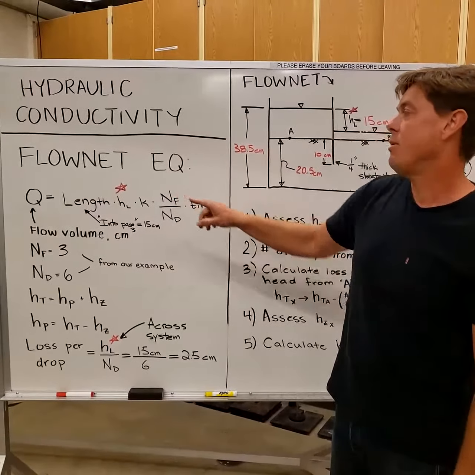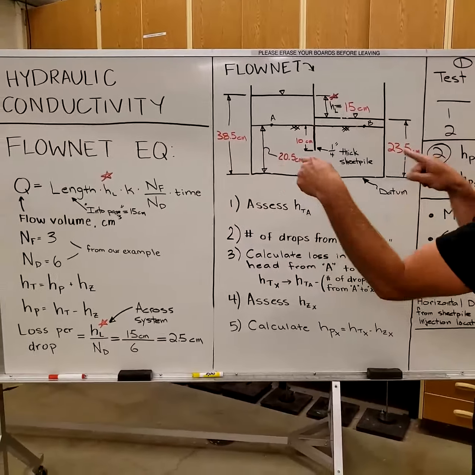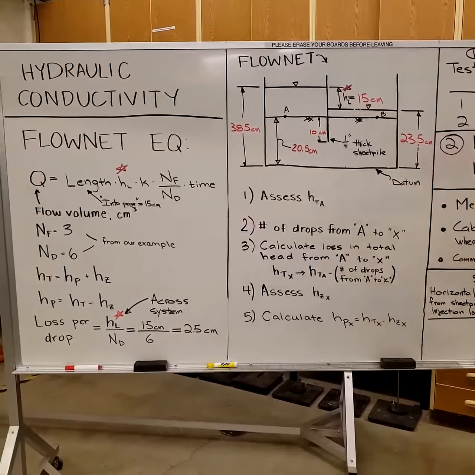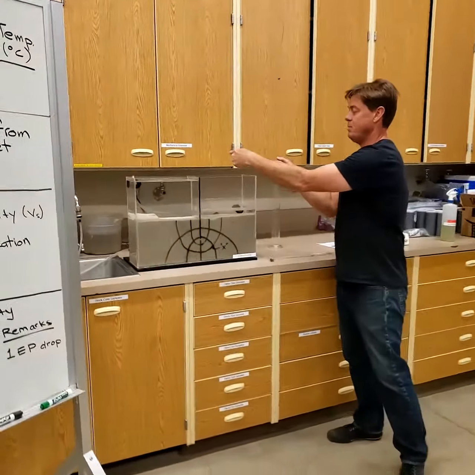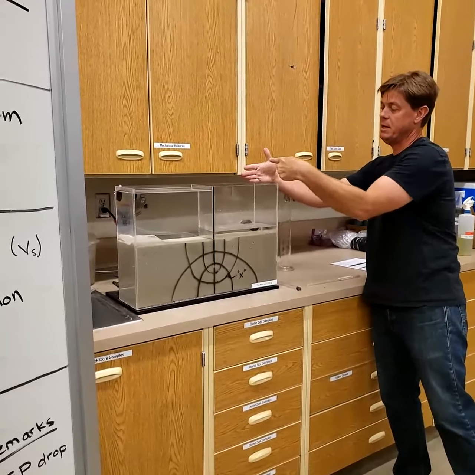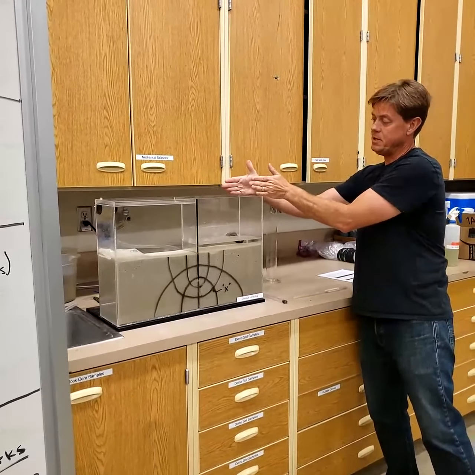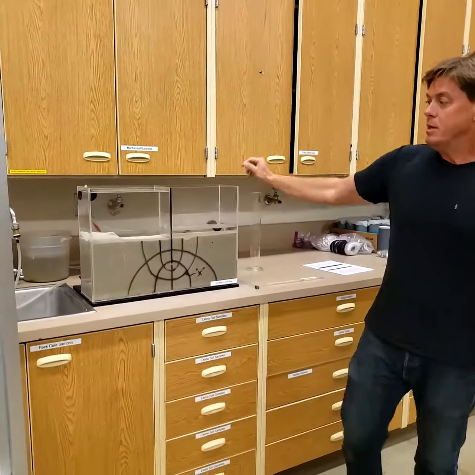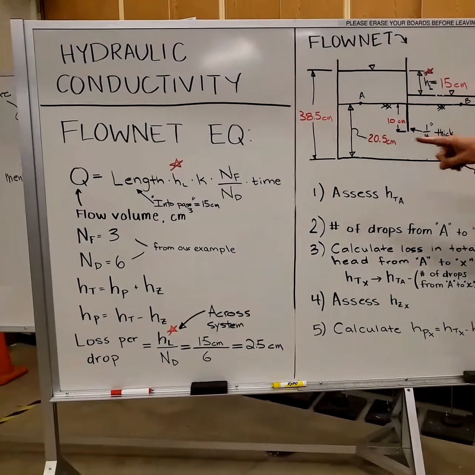It equals the length, which for the problems you work in lecture is into the page. For us, the length is this dimension, into the page. If you look on the sketch, that happens to be 15 centimeters. So the flow is the length times H sub L,